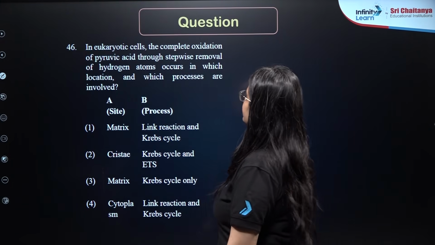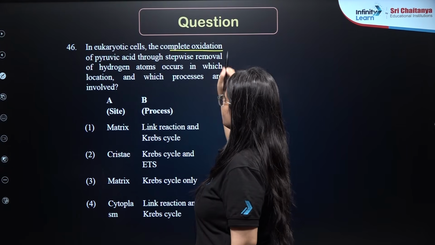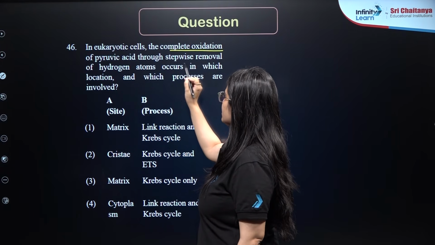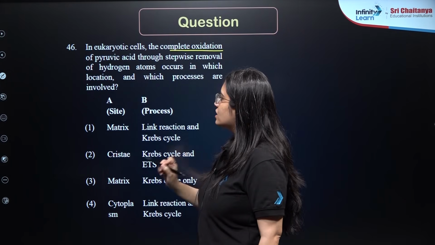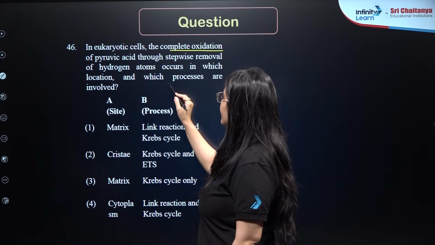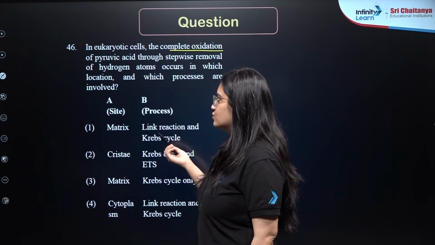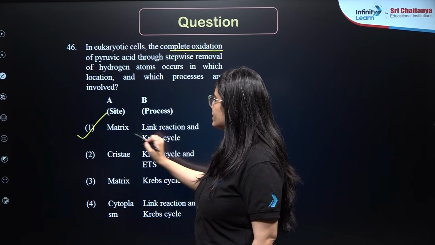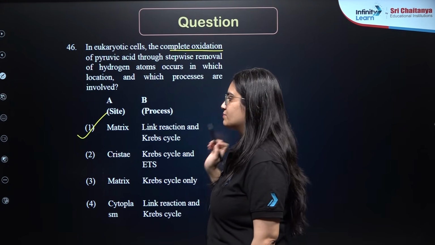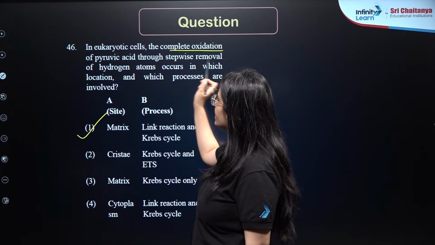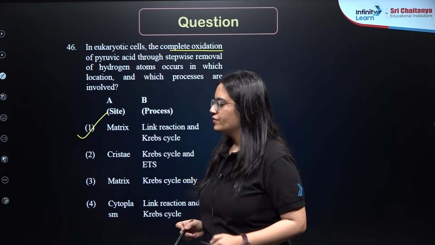In eukaryotic cells, the complete oxidation of pyruvic acid through stepwise removal of hydrogen atoms occurs in which location, and which processes are involved? Very simple, it will occur in the mitochondrial matrix, my dear students, and the link reaction and Krebs cycle will be involved for complete oxidation of pyruvic acid. Next,